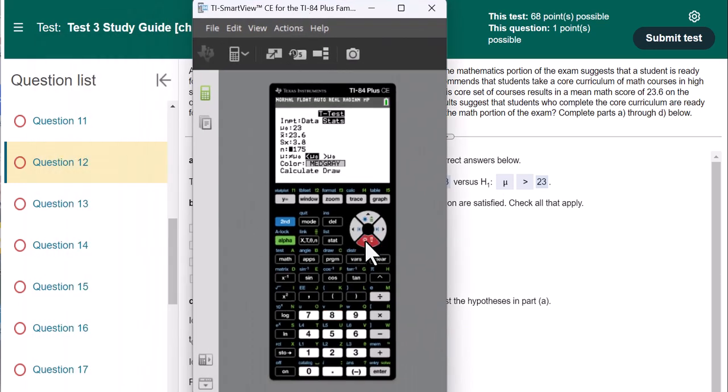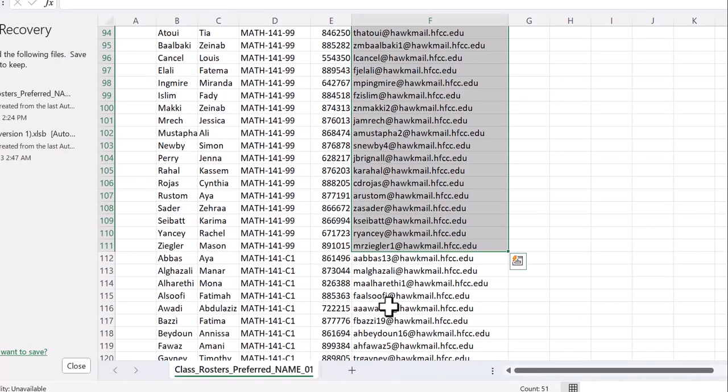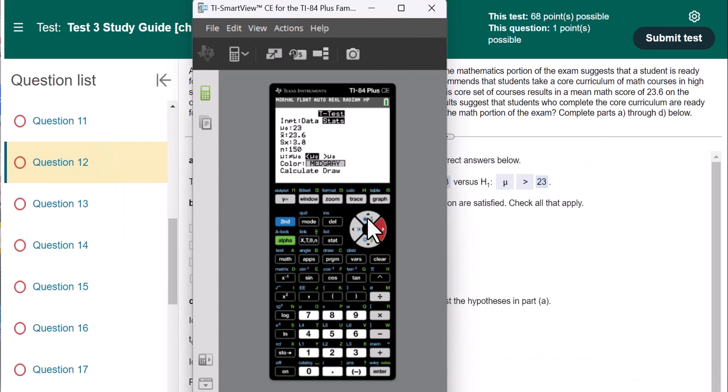That's a large sample size. And we test that the mean is greater than 23. Sorry about that. Enter. And now if I hit calculate,